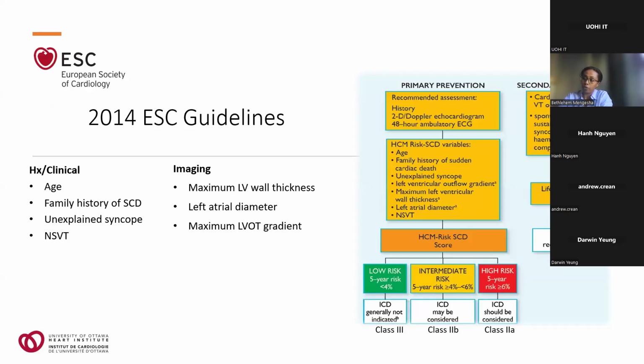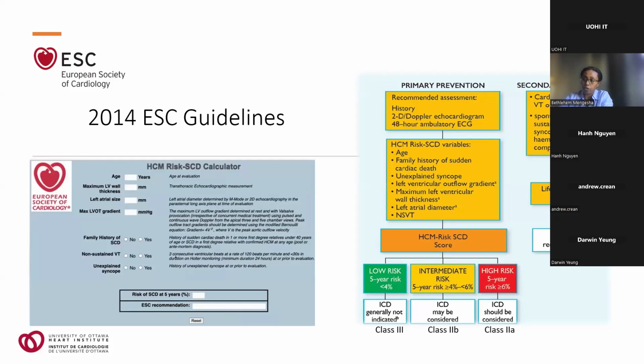The 2014 ESC guideline, like the American guideline, is composed of clinical and imaging risk markers. Interestingly, the European model includes predictors such as age, left atrial diameter, or LVOT gradient, which are not included in the American model. In the European model, the predictors are not used individually. Instead, they are fed into a risk calculator, which then gives us an estimate of the 5-year risk of sudden